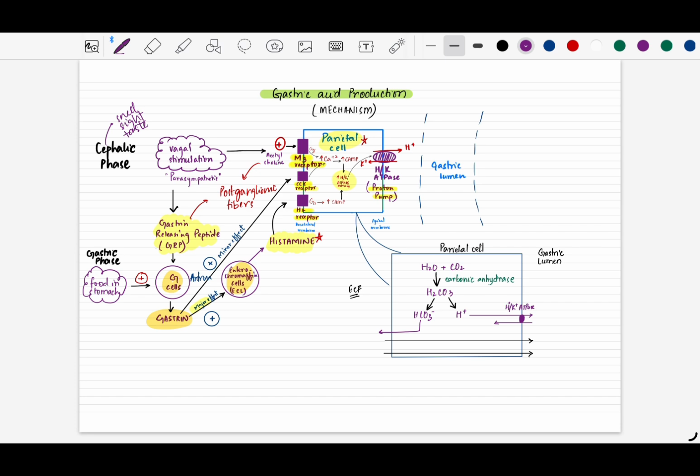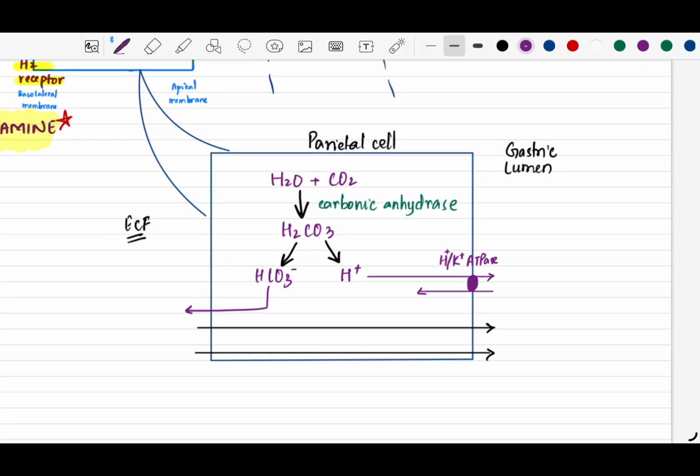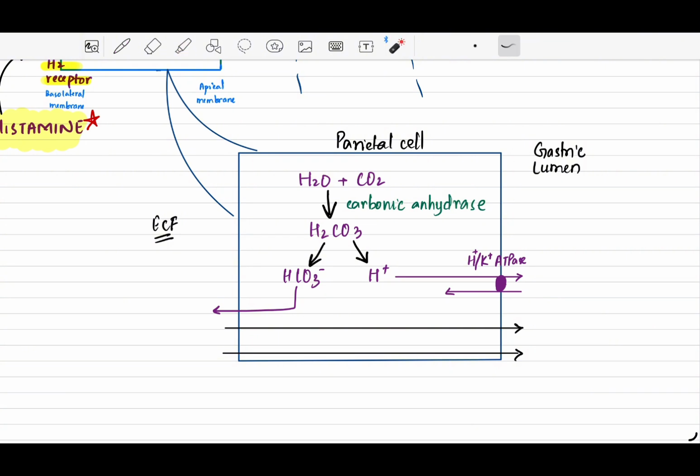Now let's proceed to understand the hydrogen potassium ATPase pump. I've zoomed in into the parietal cell and let's see what happens. So water and carbon dioxide combines together under the influence of carbonic anhydrase as the enzyme and produces carbonic acid. Now this carbonic acid is a weak acid and it disintegrates into a bicarbonate ion and a hydrogen ion. Now the bicarb ion is going to move out into the extracellular fluid, and in order to maintain the electrical